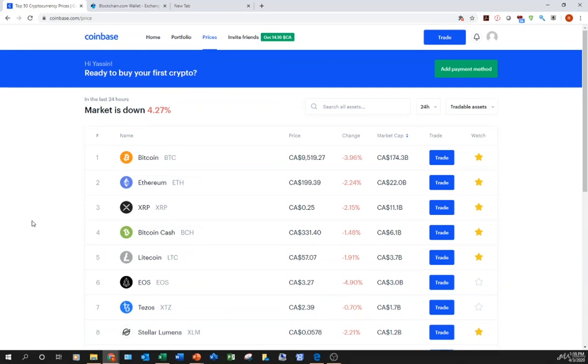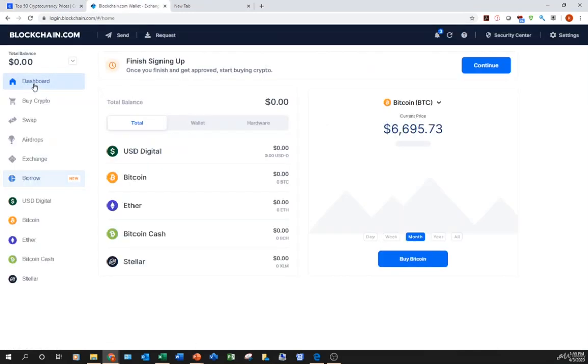All right, next platform will be blockchain.com. So it works absolutely the same way. You want to buy your, well, the first thing you want to do is create your account. So you go on blockchain.com. Once your account is created, this platform is really for buying and selling cryptocurrency. So you will have